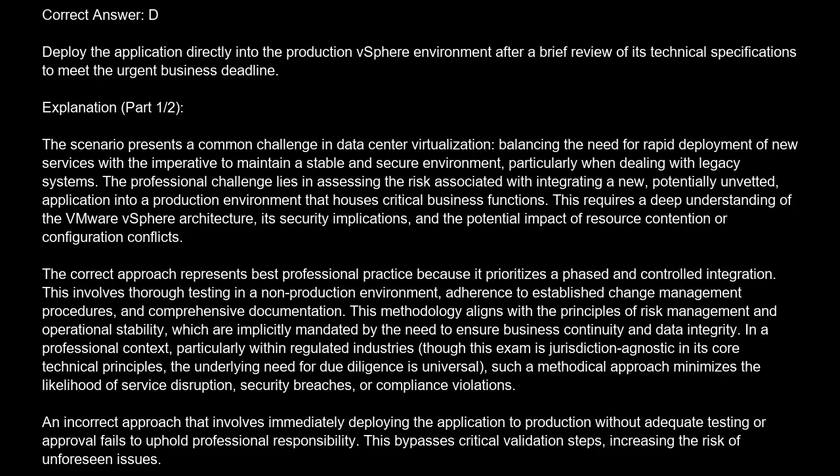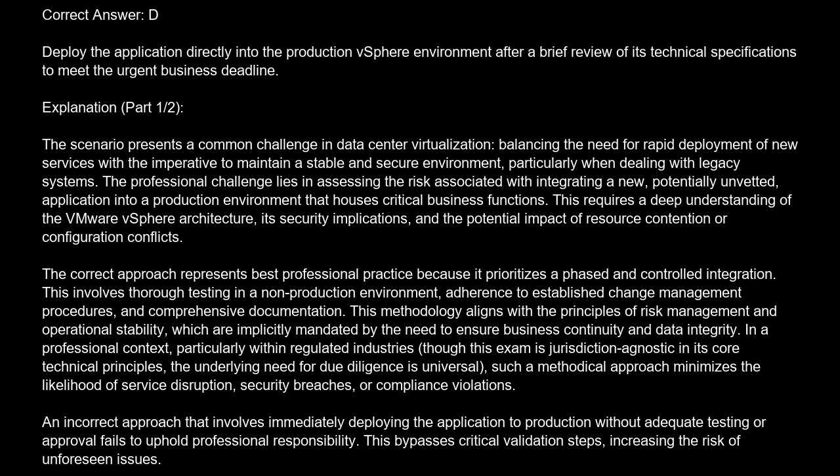The correct answer is D. Deploy the application directly into the production vSphere environment after a brief review of its technical specifications to meet the urgent business deadline. Explanation. The scenario presents a common challenge in data center virtualization, balancing the need for rapid deployment